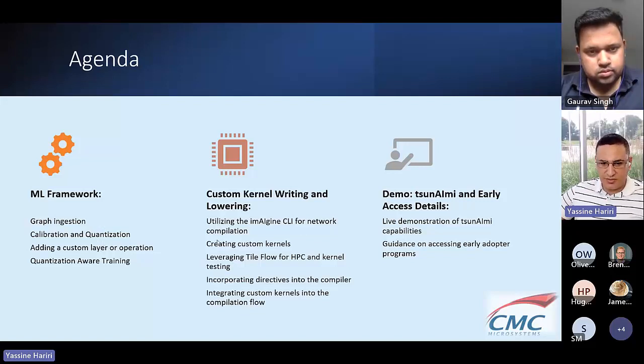So CMC Microsystems integrated this card into a high-end server, which is online today, and it is accessible by Canadian researchers. So we will conclude this webinar with a quick demo showing tsunAImi in action and providing early access details, including live demonstration and the different resources that we put in place for people to get